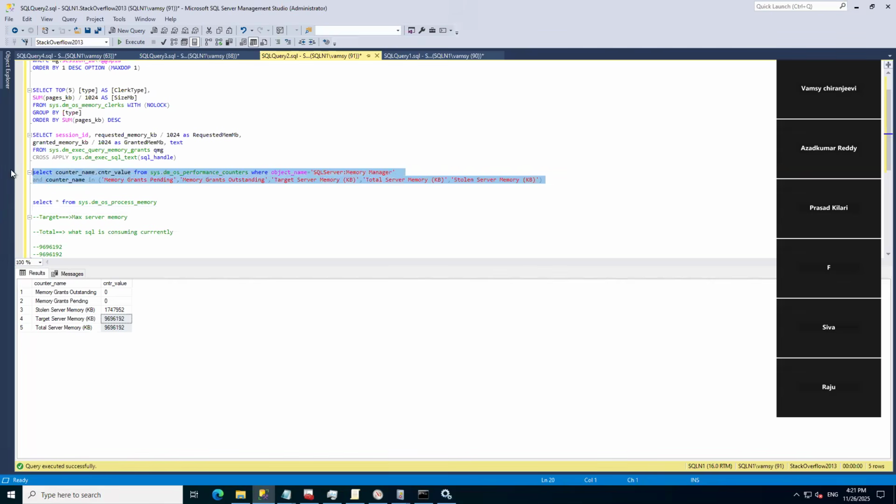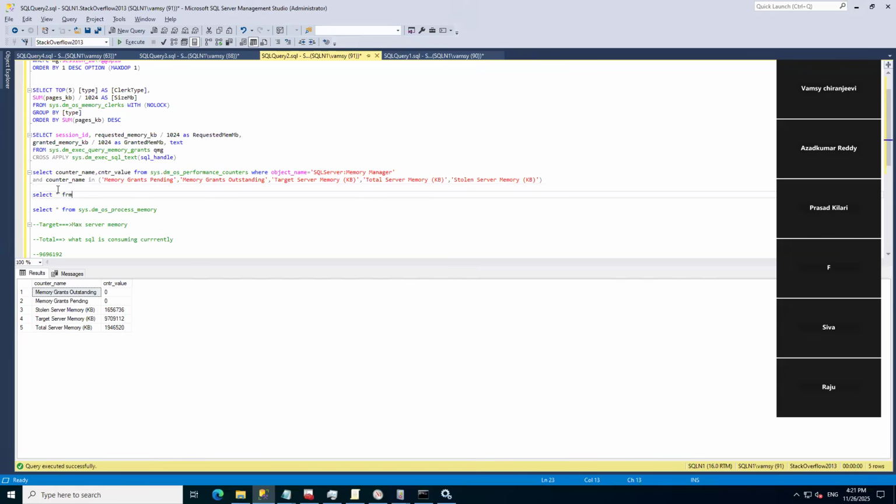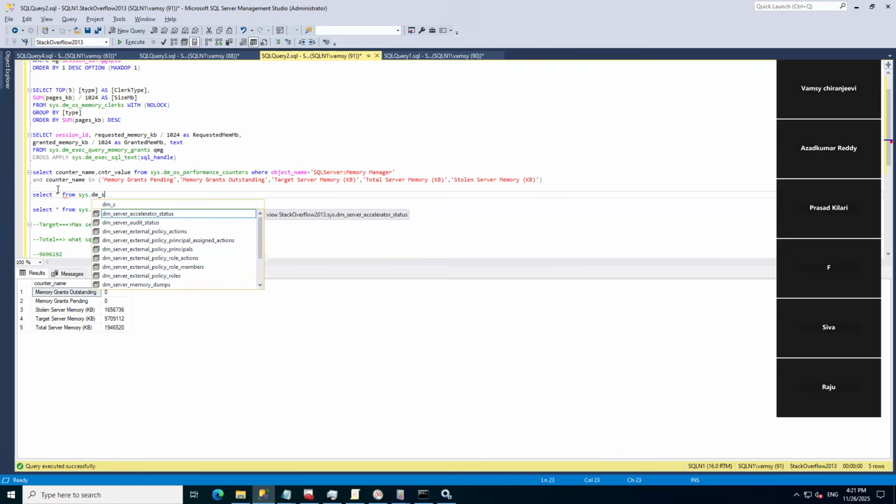Let's check the values here. No, it didn't restart properly, I can say that. Let me check. I'll check the restart date just to ensure that it has happened properly. sys.dm, what is the DMV? sys.dm